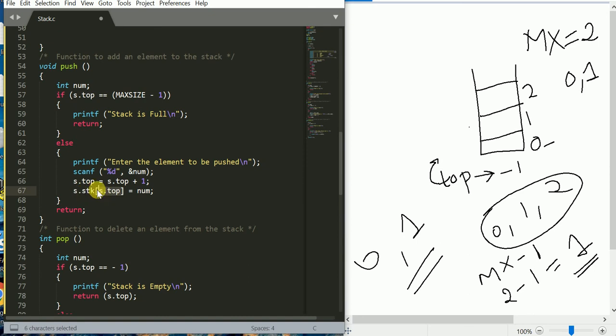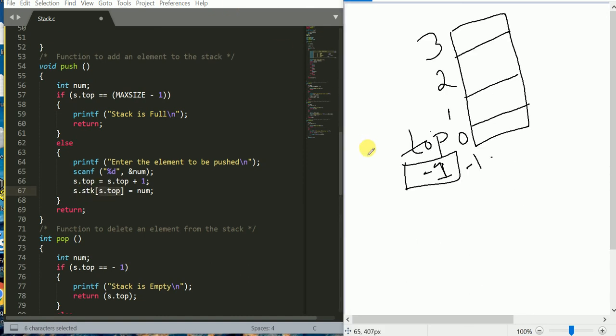That I explain. See, top is basically a register. It is a register, so it will store the physical address of where the element is pointing. It will take -1, when you increment it goes to 0, then 1, 2, 3, like that it keeps on incrementing. So this register will hold these values.